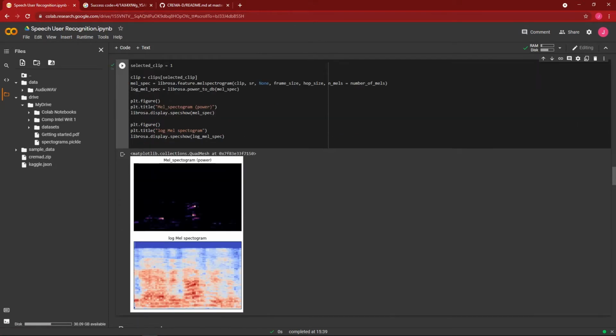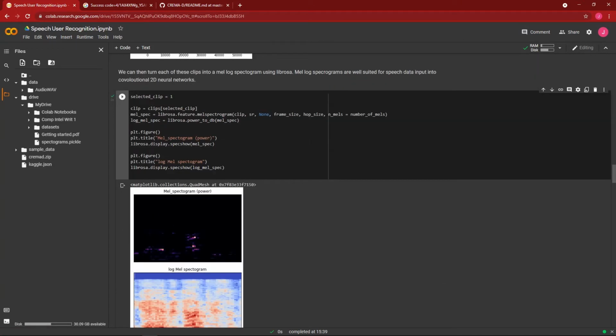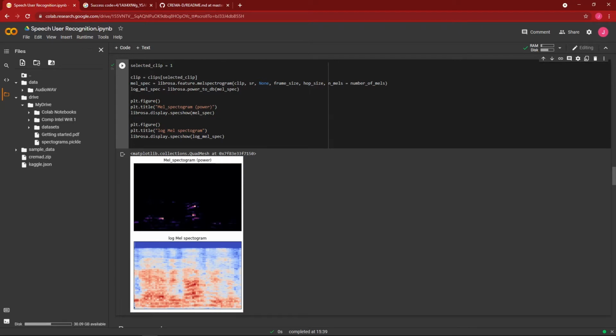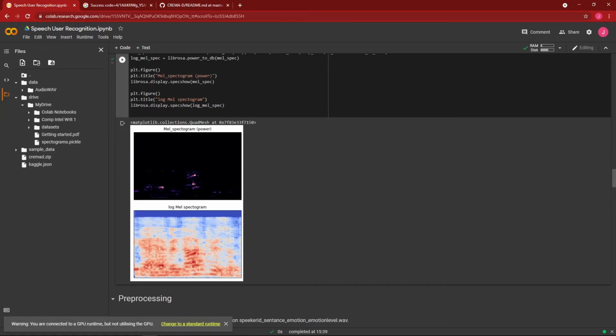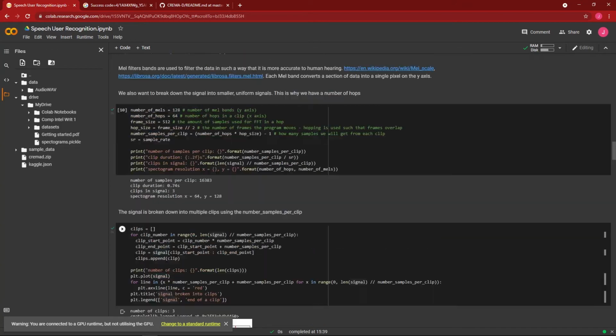And we can plot a mel spectrogram and a log mel spectrogram. So we apply the logarithmic scale, and you can see that the data at the bottom is a lot more vivid, and we can really start to see the patterns just with the human eye. So along the axis, 128, 64, and we can actually go in and